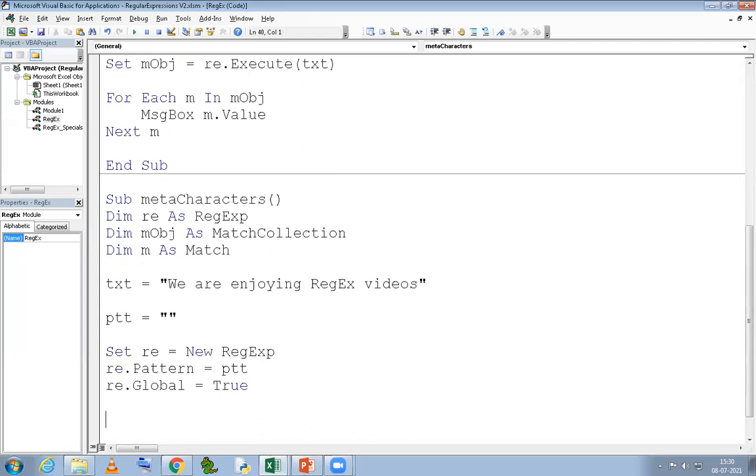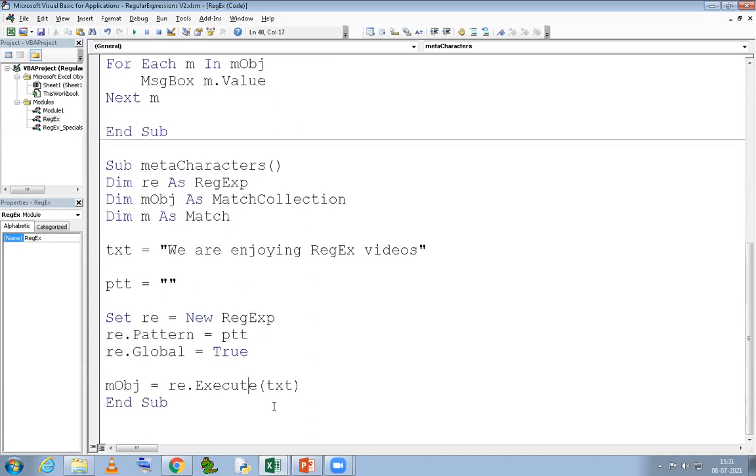And then once we have that, our match object is going to be re.Execute. Also, guys, in this video, while we are going through the meta characters, we are again going to learn the Execute method. The Test method I have already explained in a video of its own, but Execute you can learn from here. I'm just going to pass the text which will be evaluated with this RE object, and the pattern has already been passed into this RE object in this line, right here you see.